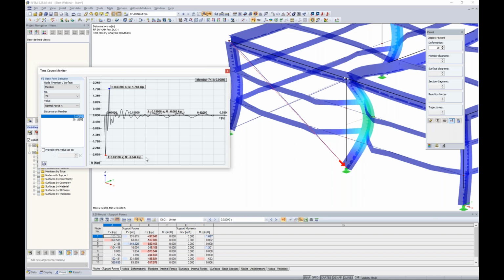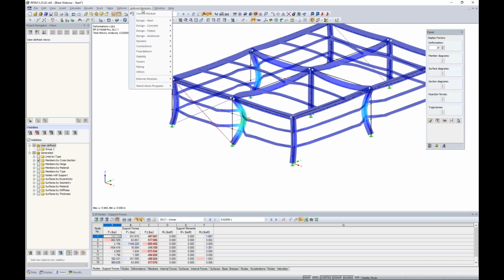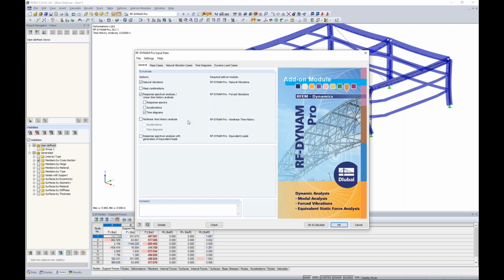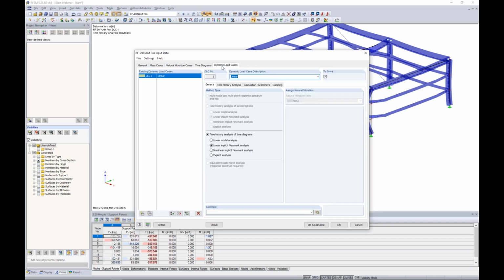So how can we overcome this if we know that these nonlinearities are extremely important for our blast design? And this is where we're going to go back into the add-on module. So we can go up here to the current module, RF-DYNAM Pro, and we're going to activate here nonlinear time history for time diagrams. And you'll notice that none of my tabs changed here. In fact, my time diagrams that I previously defined, we're going to use those again. Under the dynamic load cases, I'm only going to make a copy here of my linear load case, and we'll